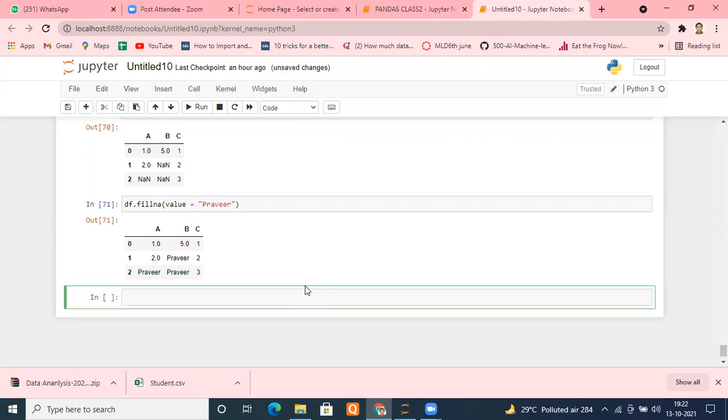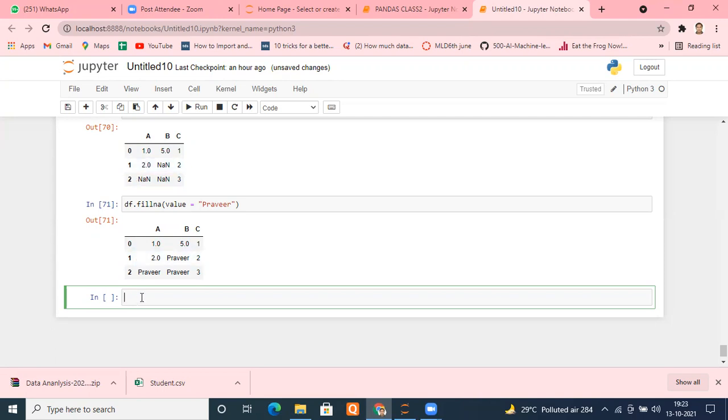For example, let's take a column A and replace this NaN value with the mean value of A. This is the normal process we do: mean, median, mode, we substitute. Whenever we are substituting for any missing value, we should consider it column-wise, see what the data type of the column is, and accordingly make a decision what I will put in place of missing values.